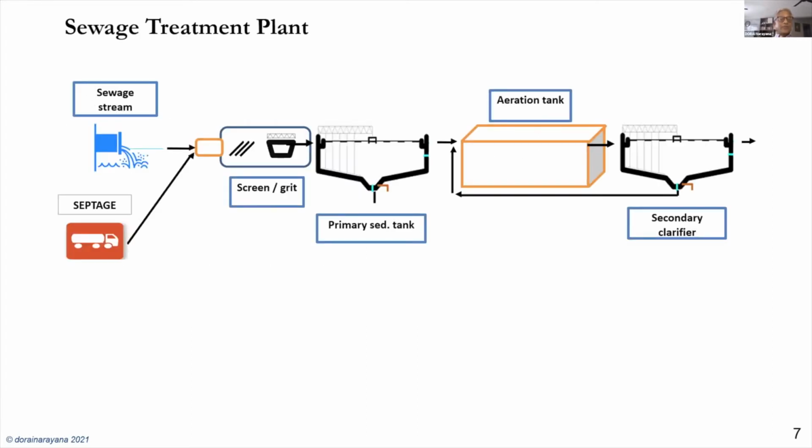So now going back to the sewage treatment plant, which is having this septage coming in, we need to understand, given these differences, how this sewage treatment plant, which is designed to treat sewage, will handle fecal sludge, which is very different. How will this impact the different processes in the sewage treatment plant? And what can we do about it to mitigate, to minimize? Can we do something to the sewage treatment plant so that the risks to the plant are minimized and the performance is not impacted greatly, right? So this is our task today.